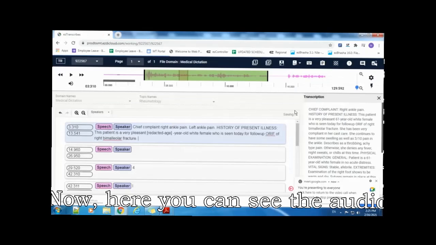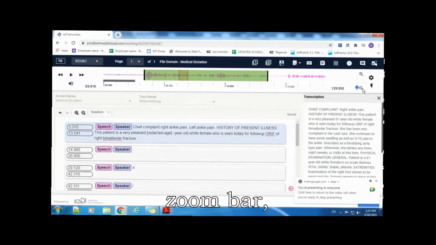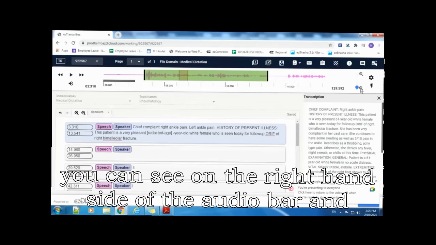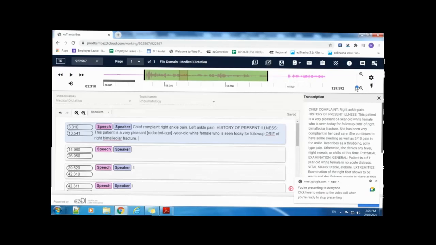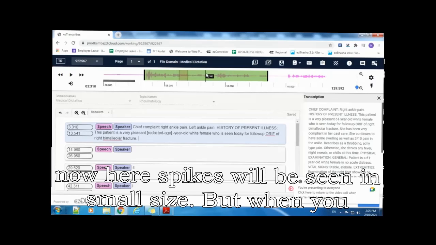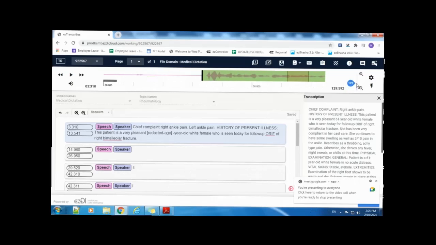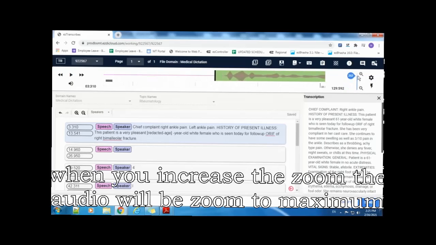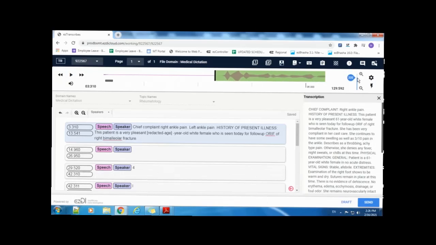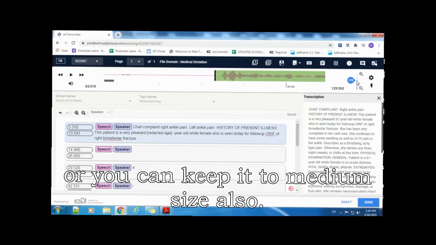Okay. Now here you can see the audio zoom bar. You can see on the right hand side of the audio bar menu. Now here spikes will be seen in small size, but when you increase the zoom, the audio will be zoomed to maximum, or you can keep it to medium size also.